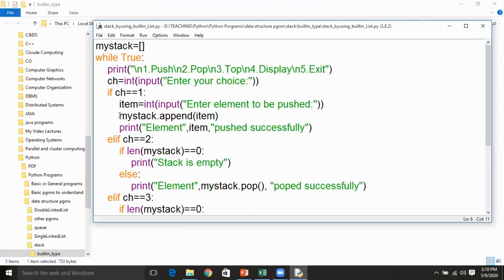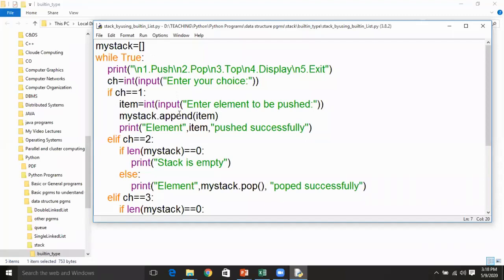Now, using the variable which represents the list, you call append with the dot operator. Append takes one parameter, the item that the programmer gave as input, so that will be appended to an empty list.